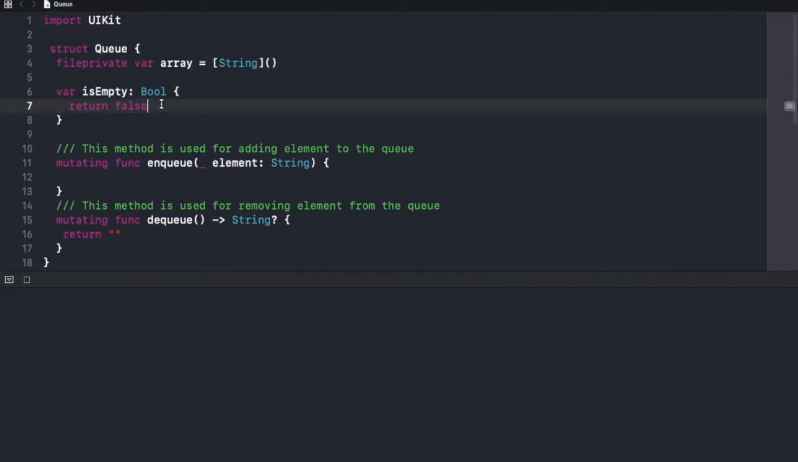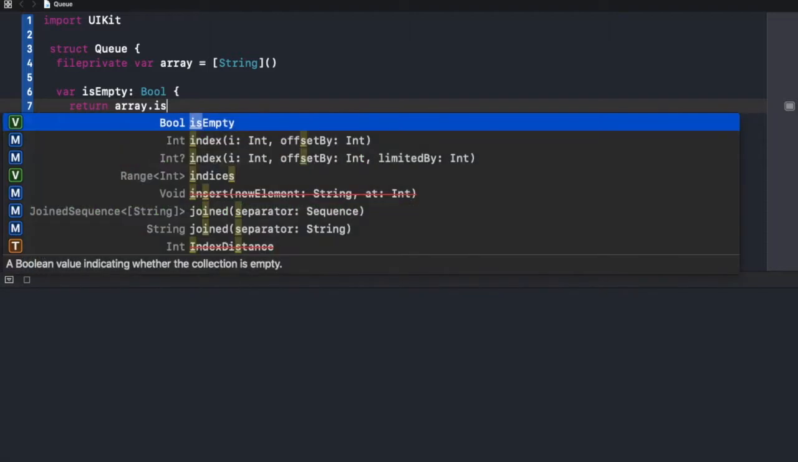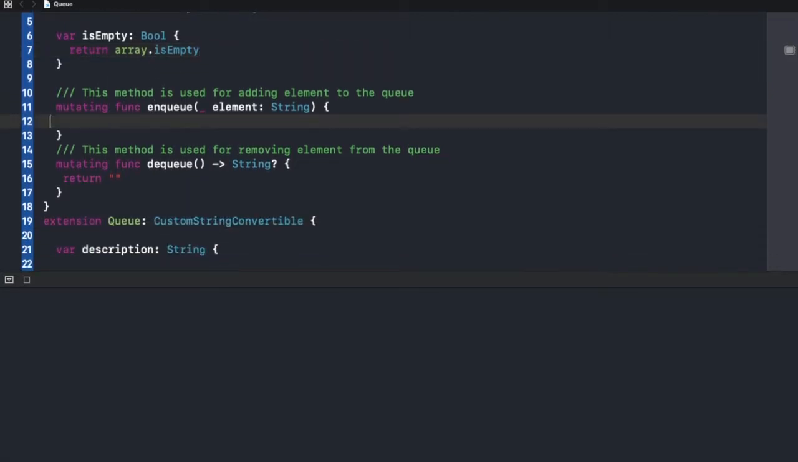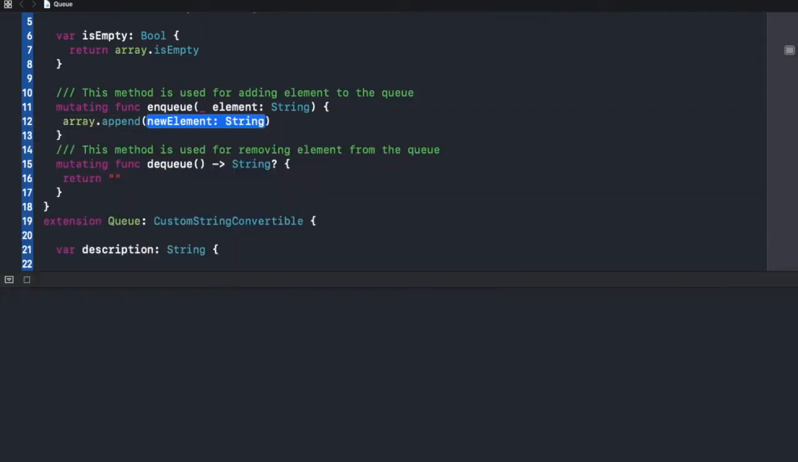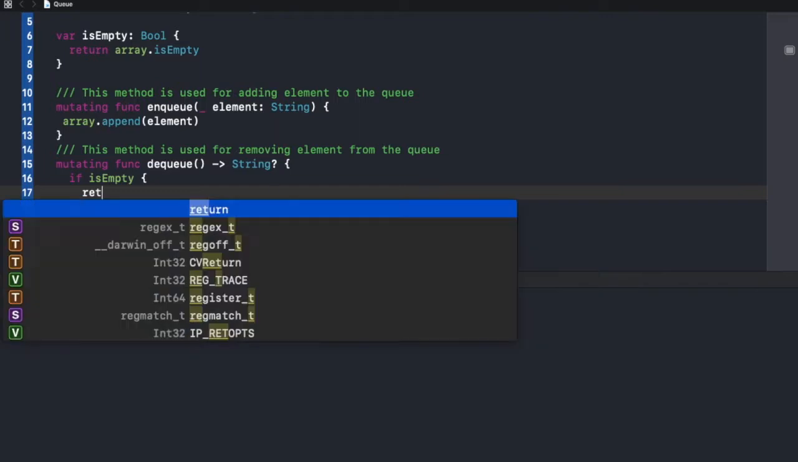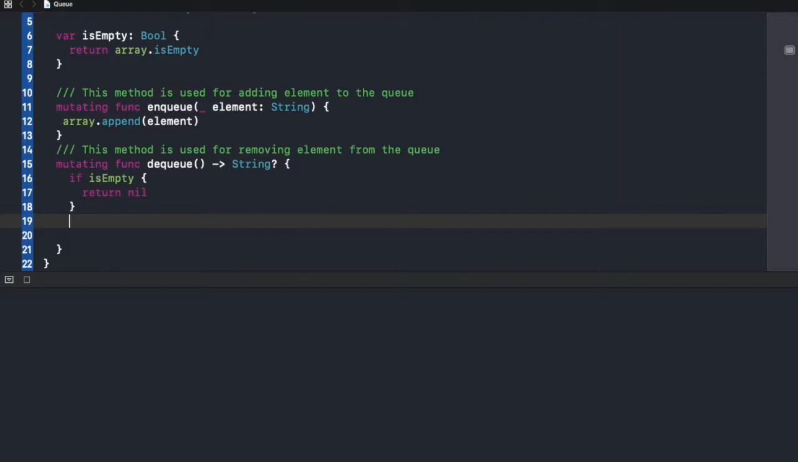First we'll modify isEmpty. We will return array.isEmpty. isEmpty will test whether the array is empty or not. If it is empty, it will return true, otherwise false. Now while adding, we simply use array.append with the element. Cool. Now in dequeue we'll use the computed property which we created. If isEmpty, we will return nil, or else it will crash if the array is empty. If not, then